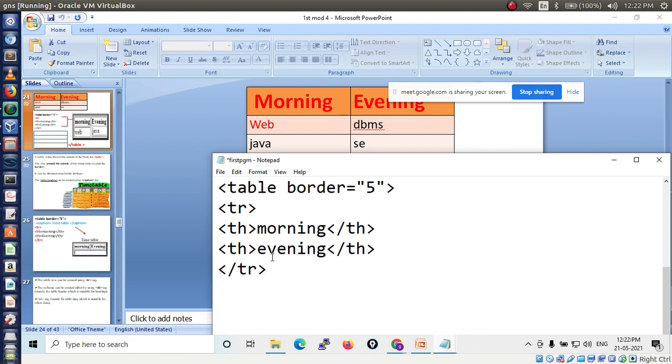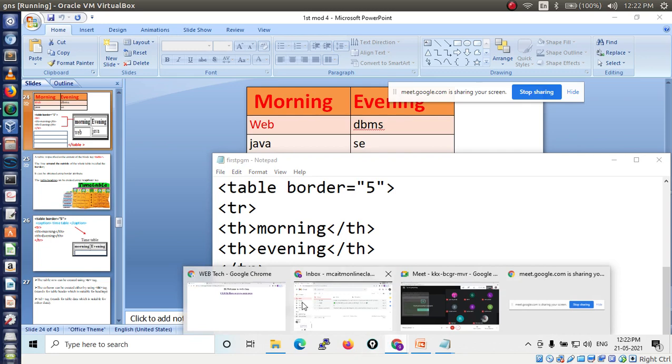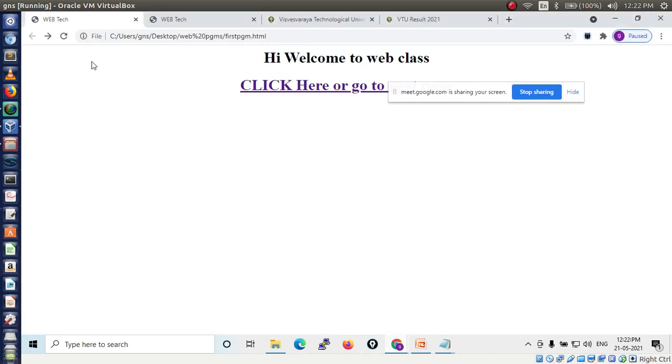Let's see this output, what will happen. Now I am closing the table tag here. Table, see how this small table is going to be generated. See, are you seeing this table?